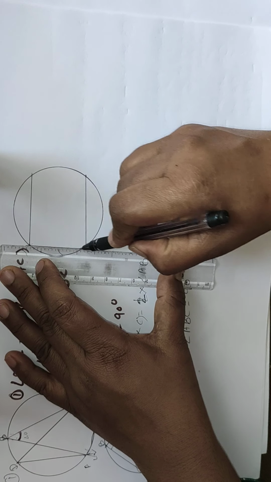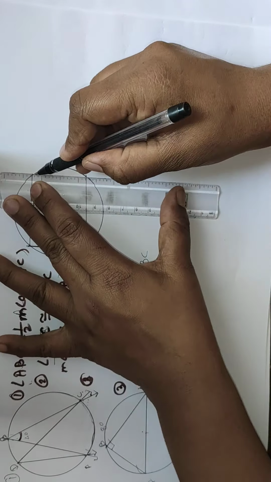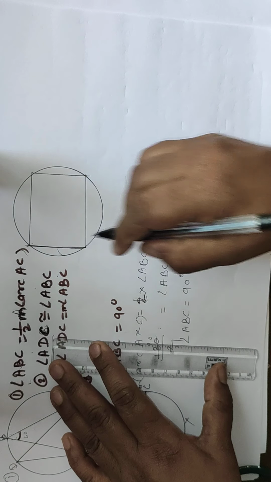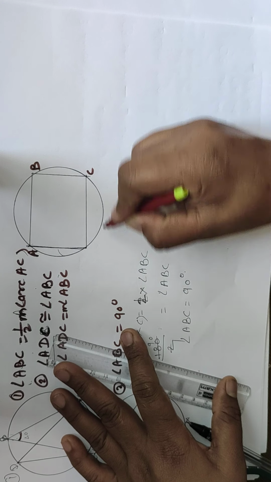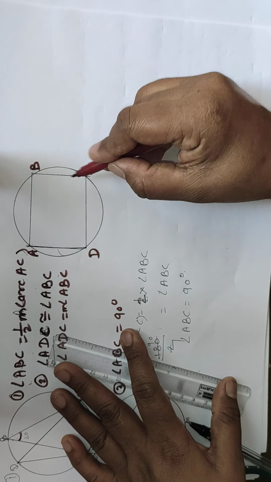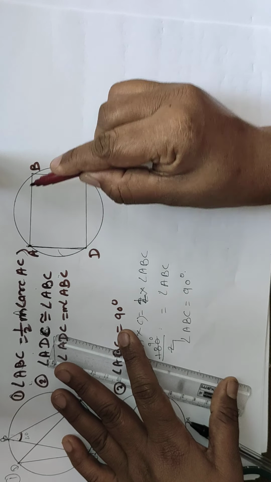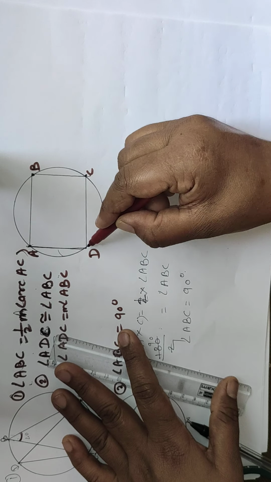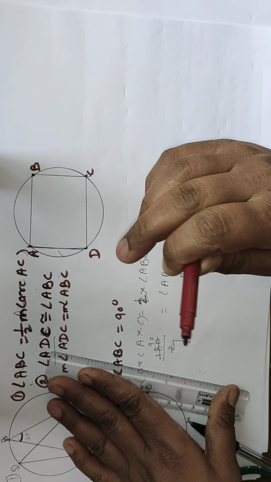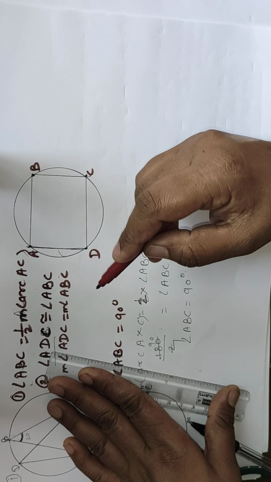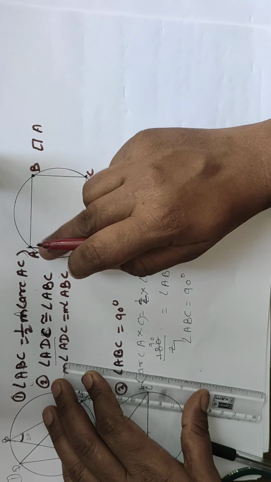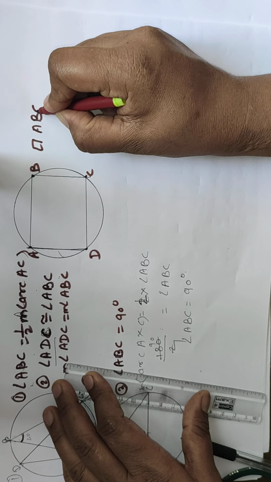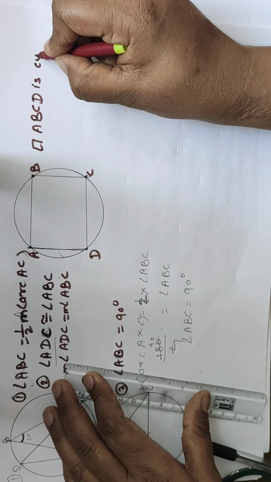This is your quadrilateral ABCD. I will name it ABCD. If all the vertices of the quadrilateral lie on the circle, then the given quadrilateral is a cyclic quadrilateral. Then, opposite angles of a cyclic quadrilateral. Here write quadrilateral ABCD. If such a situation is there, quadrilateral ABCD is cyclic.